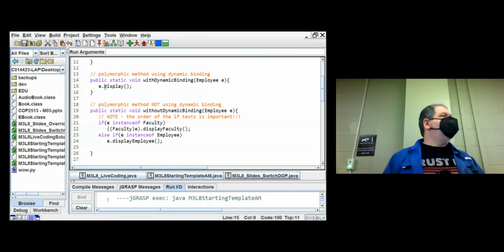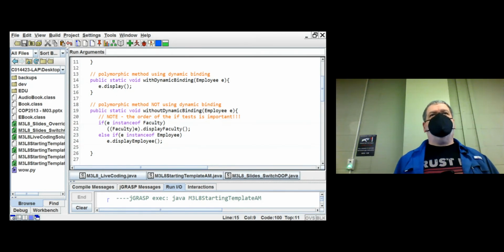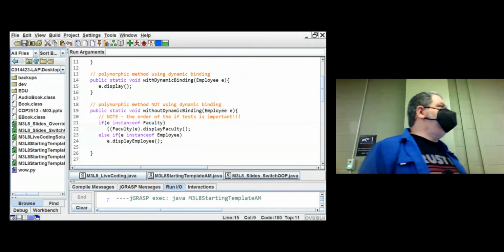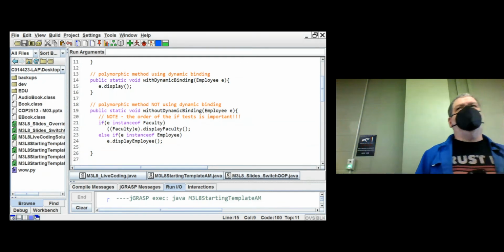The contract is, if I find a new version of display in that class that I never saw coming, I use it. If I don't, I use the one from the superclass. And this is very, very powerful in terms of making code adaptable to future changes. For example,